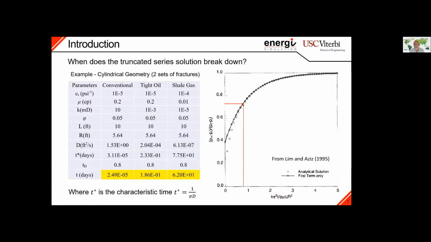Okay? And you may say, that's nothing, dimensionless time is fine. But if we go back and say, okay, we know the characteristic time, we know the dimensionless time where things start lining up. We see that depending on the application, it could range from not a problem at all, basically an immediate catch up between the approximation and the true solution for conventional resources, to 2 months for a shale gas system